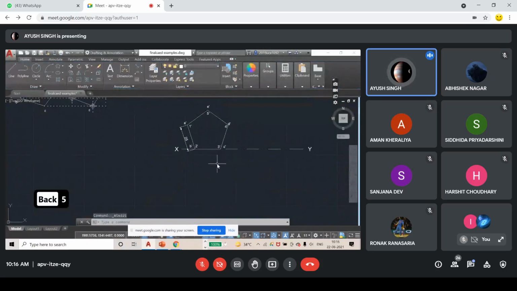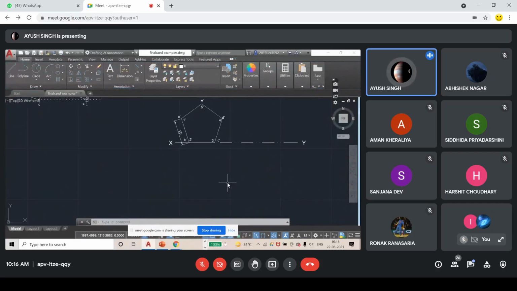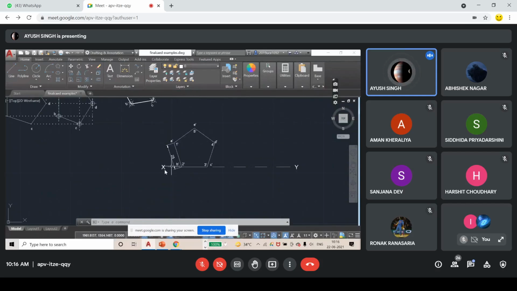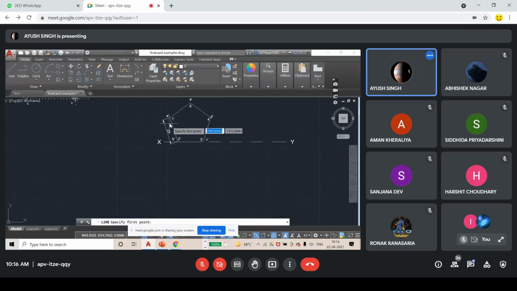Now you have to do nothing. You have to draw the corresponding top view. The corresponding top view will be a rectangle. If you see this pentagon from the top, it will be a rectangle. So for the corresponding top view, I will be taking projection lines here. Perpendicular lines you have to take, so press F8.